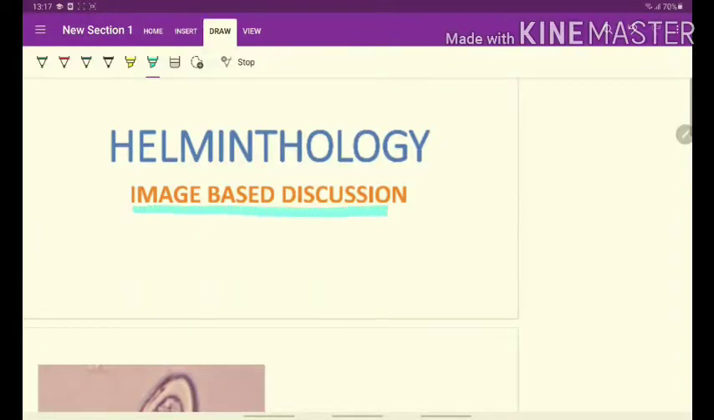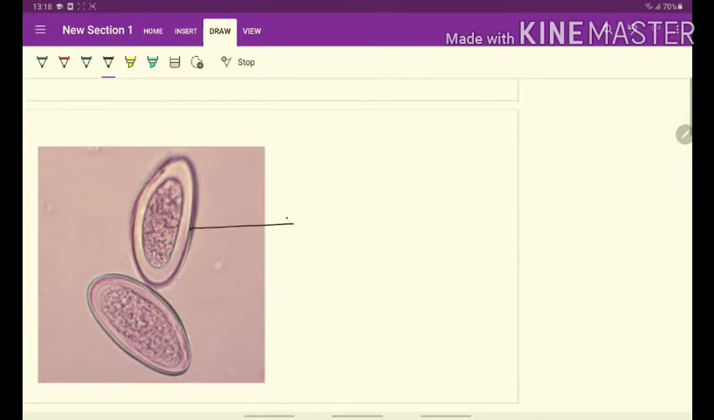Let's have an image-based discussion in Helminthology. Helminthology is the study of helminths. This is the first image showing